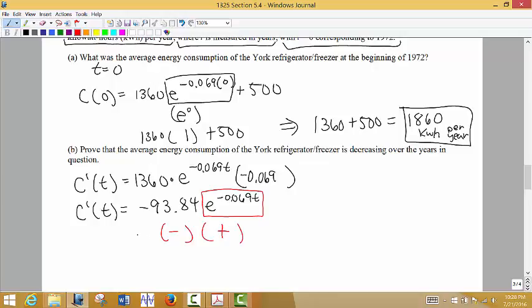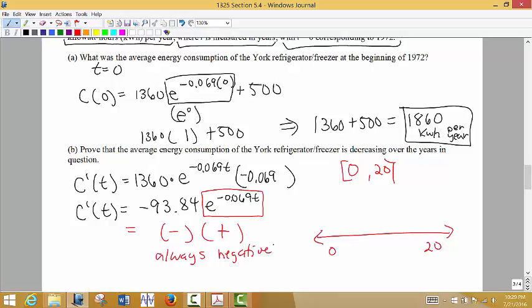So we have a negative times a positive. So what do we know from 0 to 20 from that particular interval? Okay, let's pick a little number line from 0 to 20. What's happening to the function? Well, if that derivative is always negative, then what do